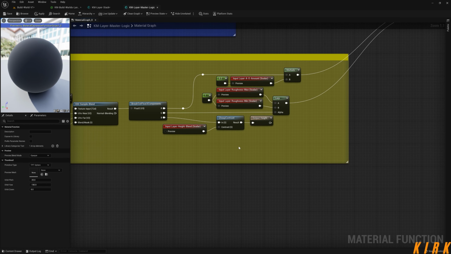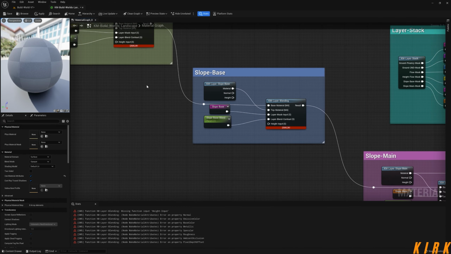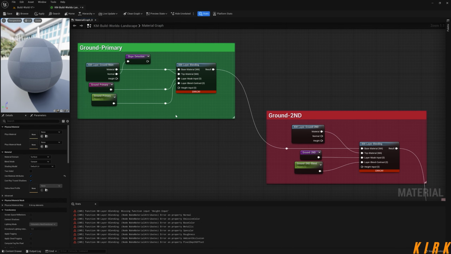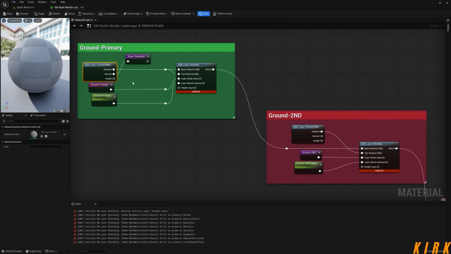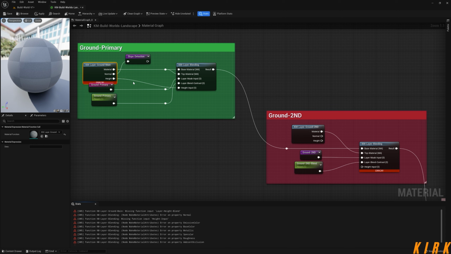And now we've made the changes in our master logic. If I hit apply now and then go up to the top and just hit save, I can close the master logic off now, and I can save and close the layer stack off, and you'll see we're getting all these errors. There's a dead easy fix for this. Just come to your material layer and you'll see, in an earlier tutorial in the series, we created this height input. We have actually just been working in it, so you've seen the height output, and all you have to do is insert it into there, and you'll see we're getting an error here. I'll showcase why shortly,